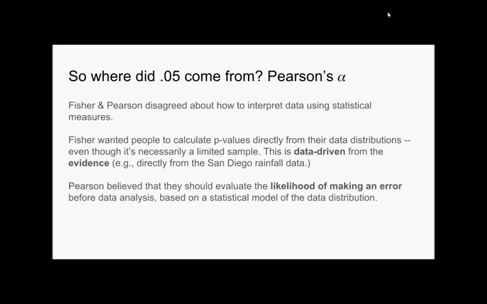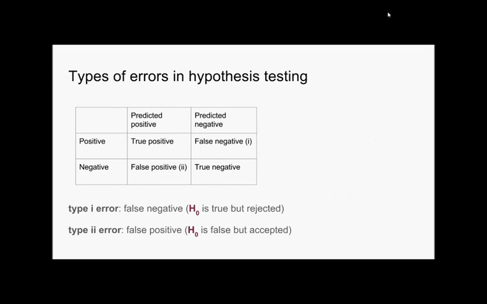They would think about what the distribution was likely to be, and then they set a likelihood of making an error. And the types of errors that Pearson was interested in are described here. These are really the only types of errors you can get. In this matrix here, you see the possible predictions that you make on the top row, and the first column